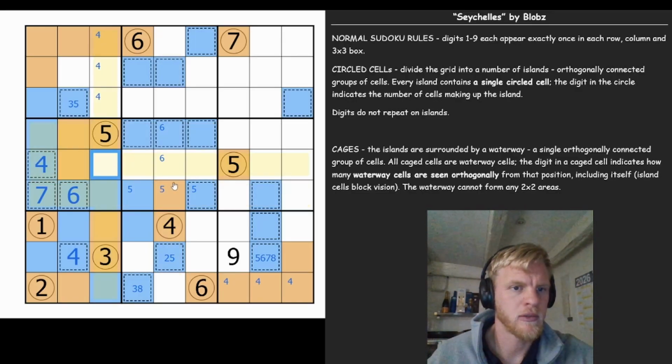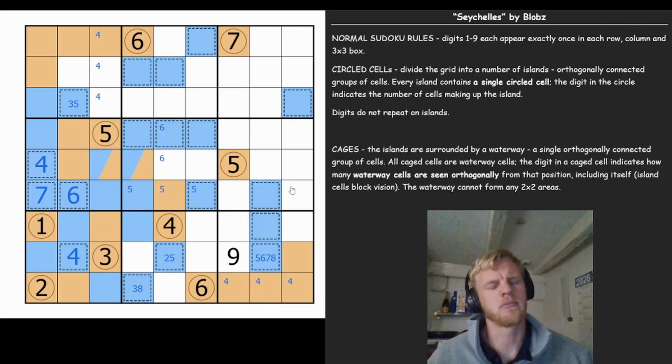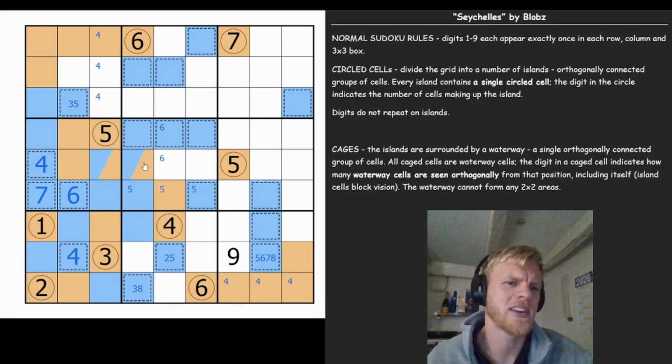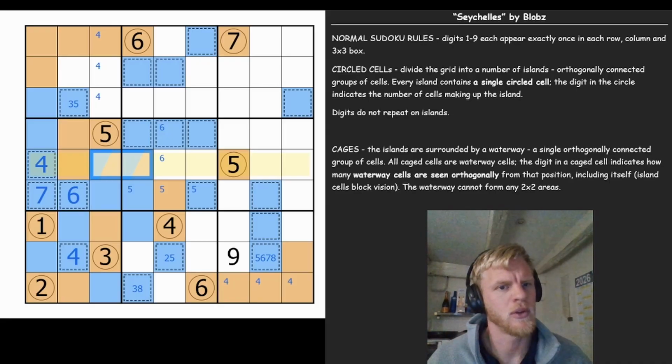That's water, then the 4 needs to be here. That's water. So they both 50-50 shots. Doesn't make any sense to pencil mark in. It can be only one of those two. What we should pencil mark in is that they're